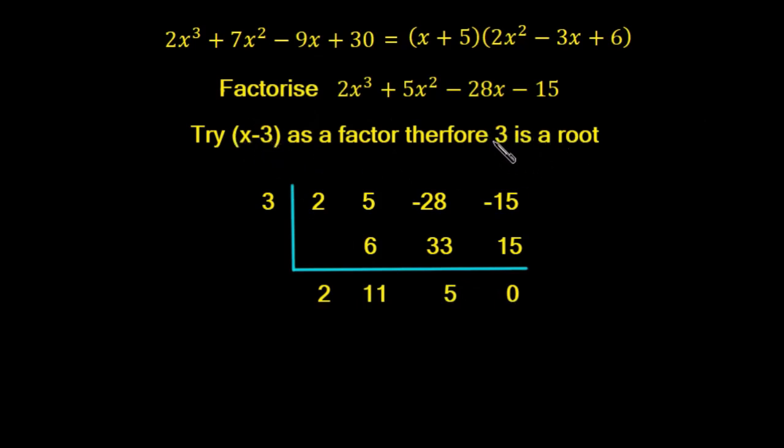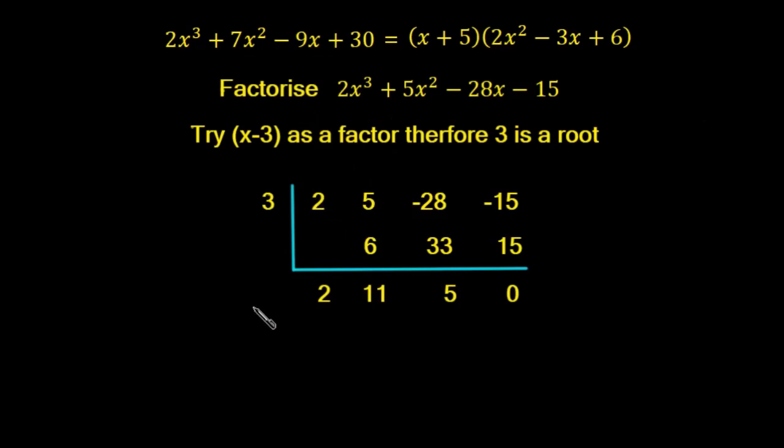So we get 0, so we're able to prove that x minus 3 is a factor and also that 3 is a root. But remember, when we did that, we would have had to go through each of the other possible factors, the plus minus 1, the plus minus 3, plus minus 5, in order to find this value, so we'd have had to try each of them. So now we know that x minus 3 is a factor, so we can write down here that this equation here is the same as saying